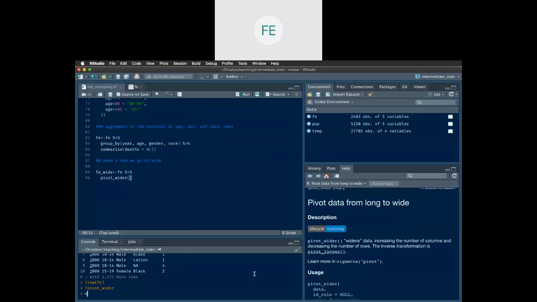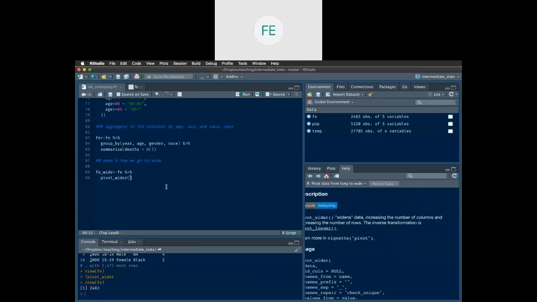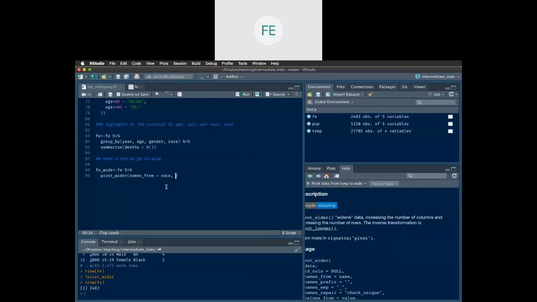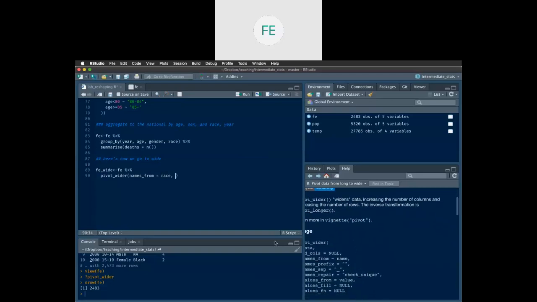Right now we should have a number of rows equal to the number of years times the number of age categories times the number of gender categories times the number of race categories. We're going to have a few less than that because of the zeros, which we're going to have to backfill, but that's 2,500 rows, right? So now I want to pivot wider. I'm going to take names from race